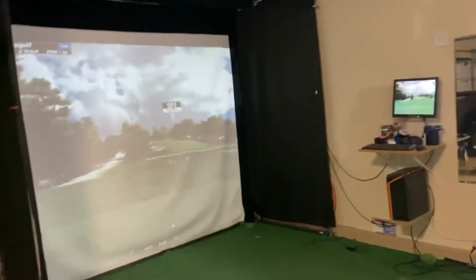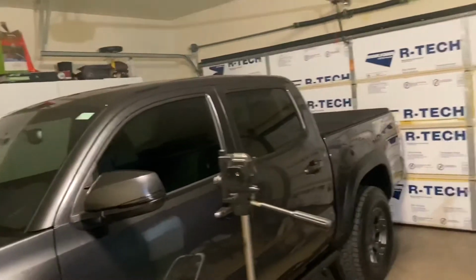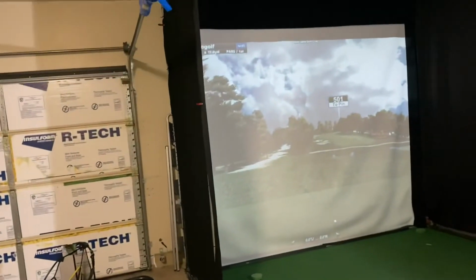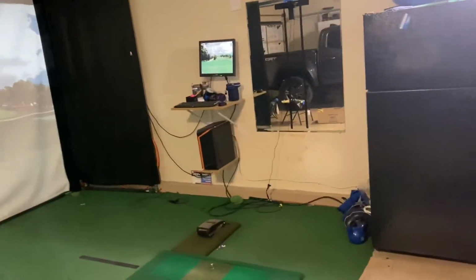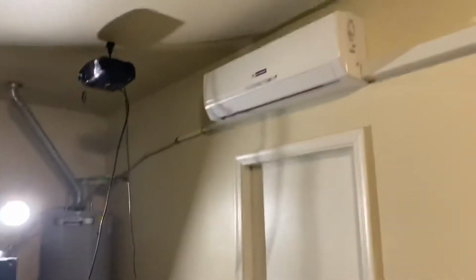Okay, so here's my simulator setup right here. This is in my garage. As you can see, I have a 3-car garage. There's my Tacoma right there. What I did is I converted the single car side to my golf simulator room. And not including the simulator, I also installed a